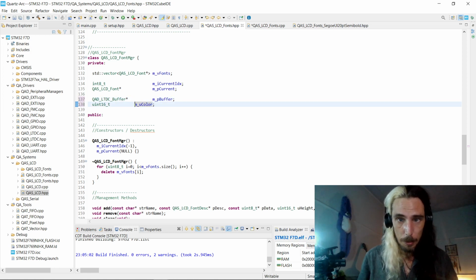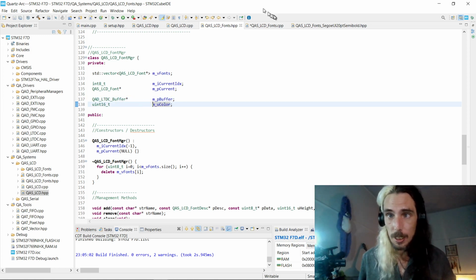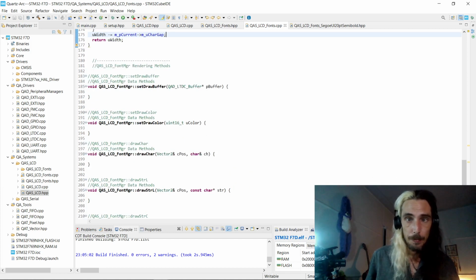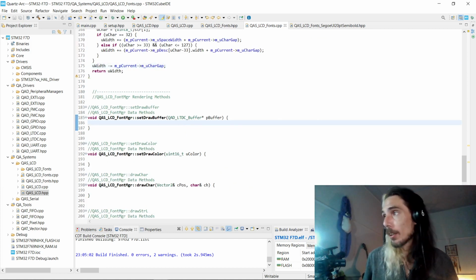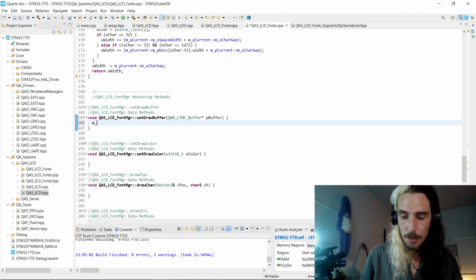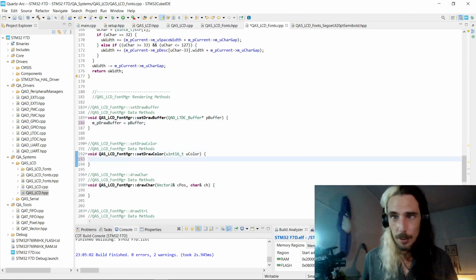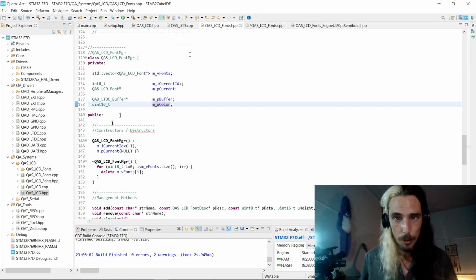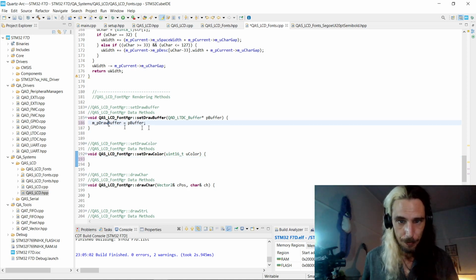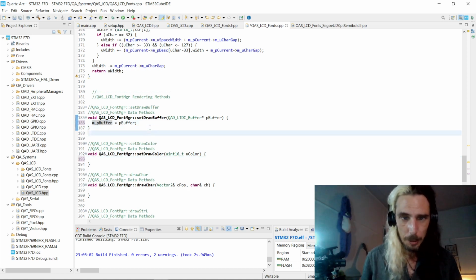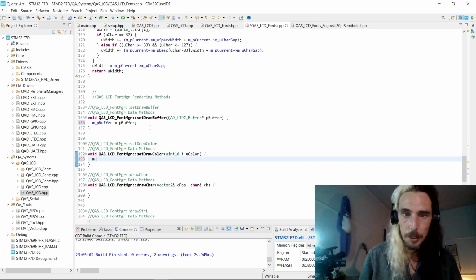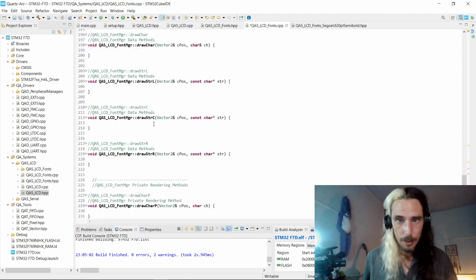Line all of those up properly so that they look nice and neat. So in this case, I did call it draw. Should I know? We'll just go with buffer rather than draw buffer. Alright, now